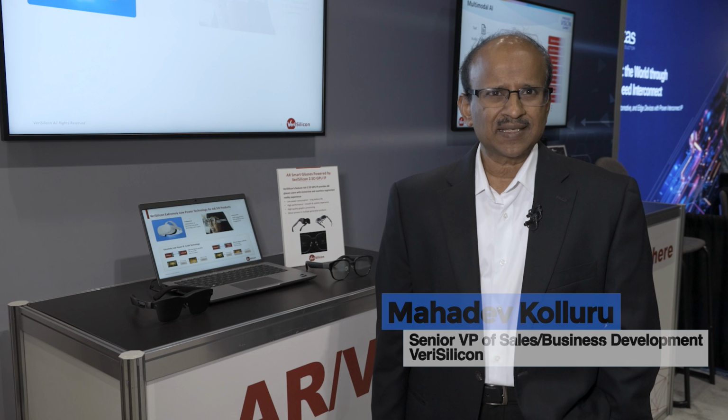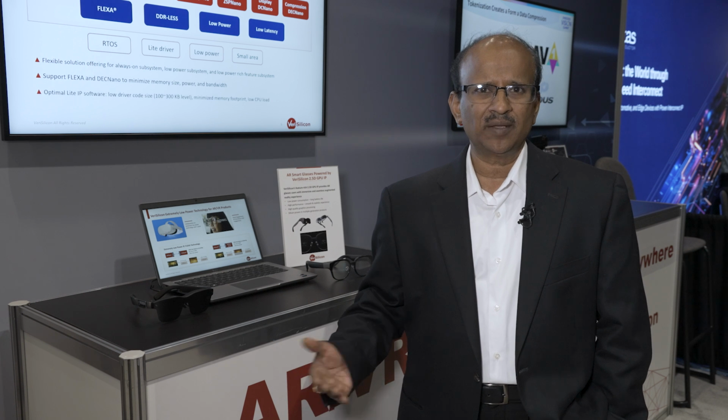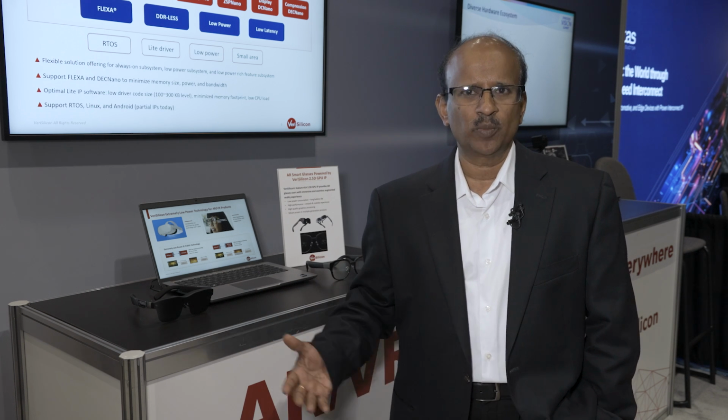One is IP licensing of our digital processor cores, whether it's on imaging, ISPs, video encoder, decoder, or graphics, machine learning IPs, or our DSP processors, our compute engines, as well as our analog and mixed signal IP. On the second front, we also work with customers on the spec to production complete design and manufacturing turnkey services. We work with leading foundries globally as well as supply chain vendors globally, bringing cost-effective solutions